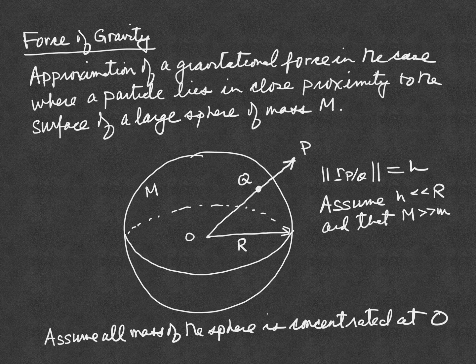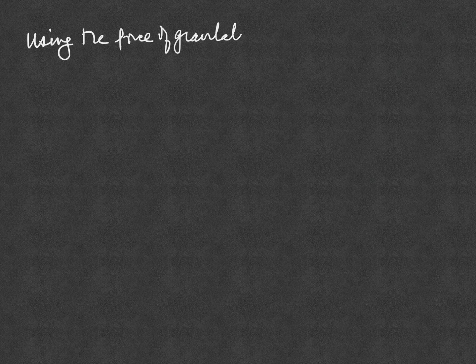This is the particle that has mass little m. So now let's look at the force of gravitation in this particular case. So we know the following. So using the force of gravitation as previously derived,